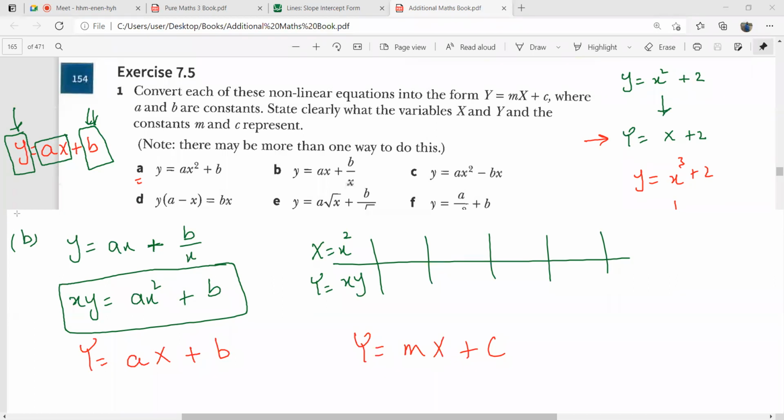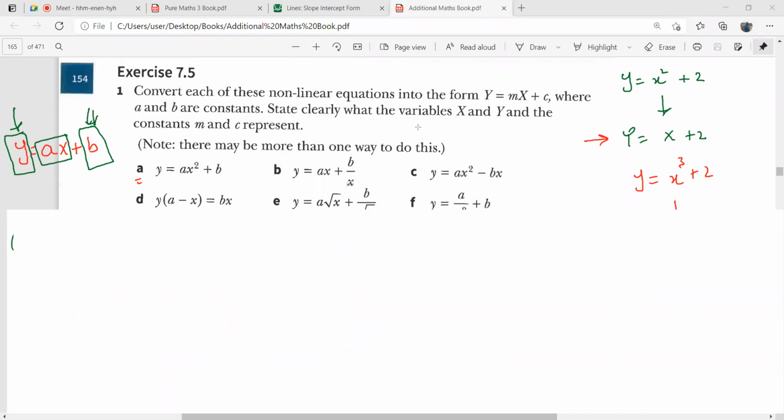I'll be doing many parts because this is totally a new thing for many of you people. So don't worry if you haven't done that in your add maths. Just imagine this is your add maths topic going on. Now in the C part, you have y equal to ax square minus bx. Again, the problem is that all the three terms have got a variable in them. We just want the variable with two terms, okay? One purely the variable. So this time I'll have to divide all of them by x so that this x is removed from here.